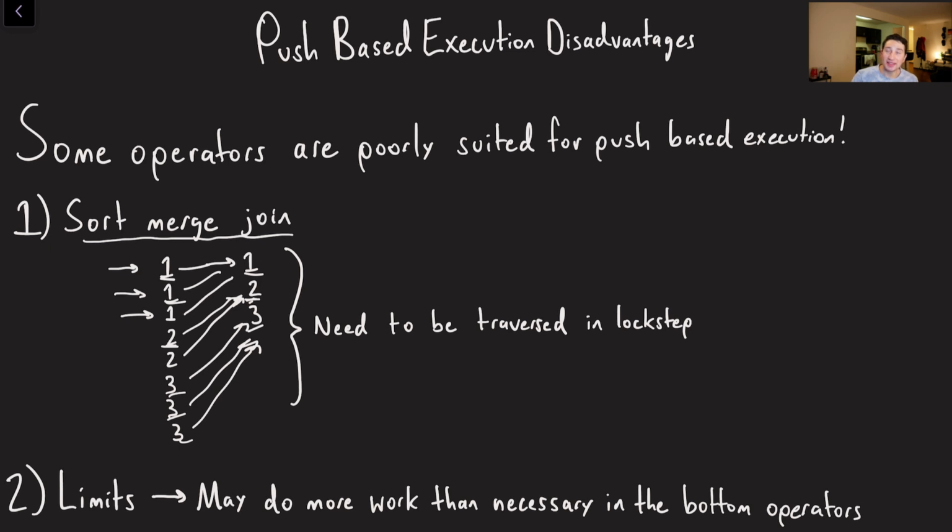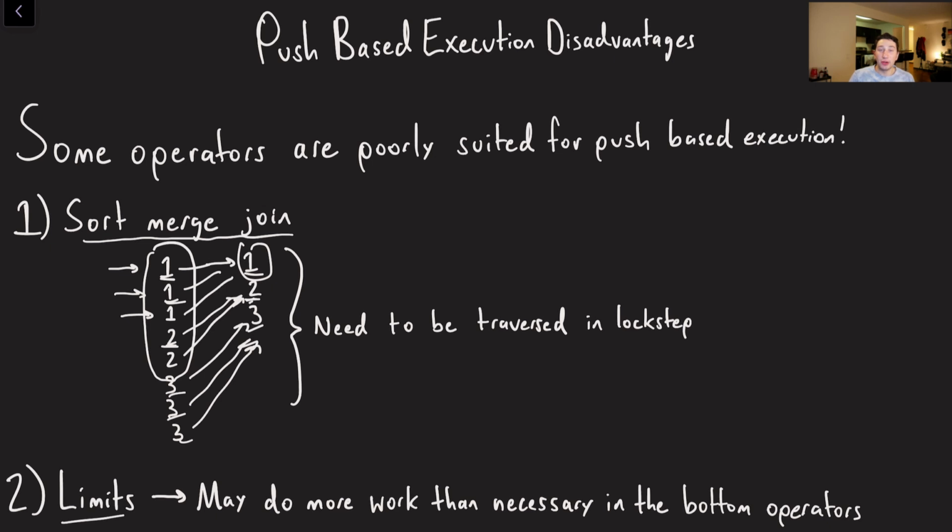So sort merge join is not going to work that well in push-based execution because you literally need to process one element at a time, and you need to go to your below operators and be like, hey, give me the next element that I care about, because otherwise you can't traverse them in lockstep. You're just going to have one returning a bunch of this data, and then the other guy returns this guy, and you're like, I don't know how to merge these together. That makes absolutely no sense.